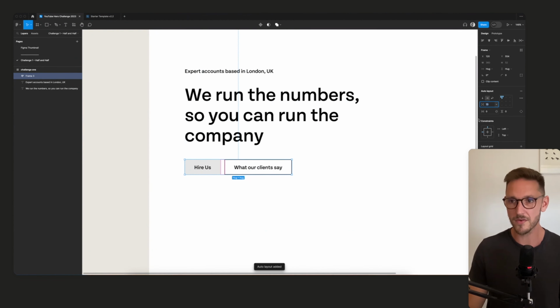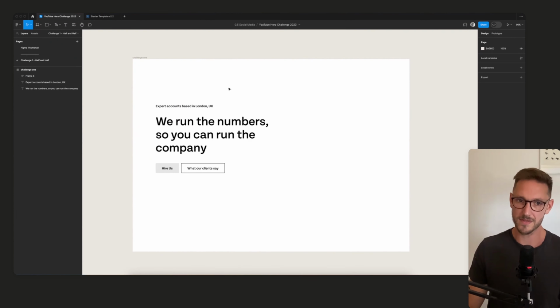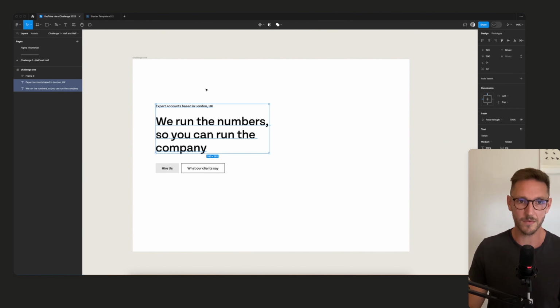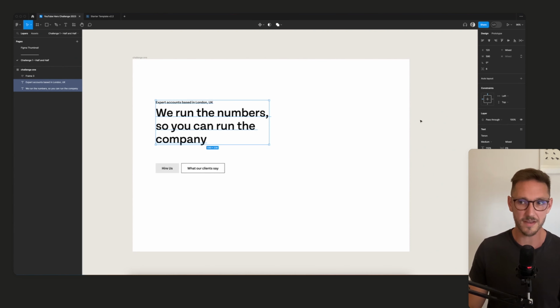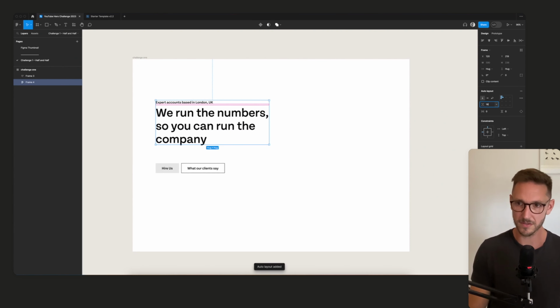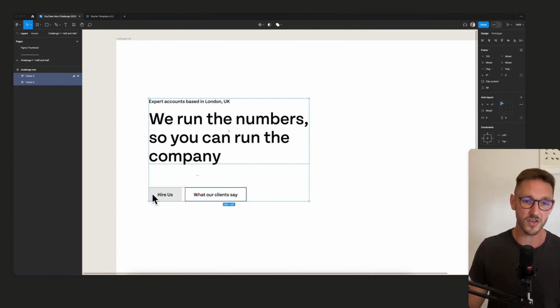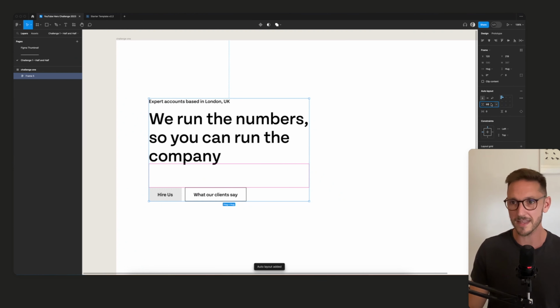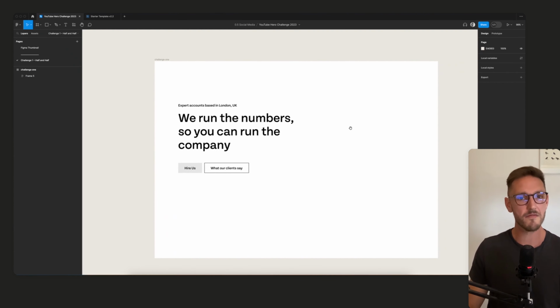I'm going to auto layout those and put 12 pixels in between. So this is pretty good. What I want to do is visually plonk these two together like this, so I'm going to use 16 pixels between. We always want to be using a spacing system which is divisible by 4 or 8. 16 looks great there. And then I'm going to do another auto layout with the buttons, and I'm going to make that maybe 64, something like that. That feels quite nice for now.